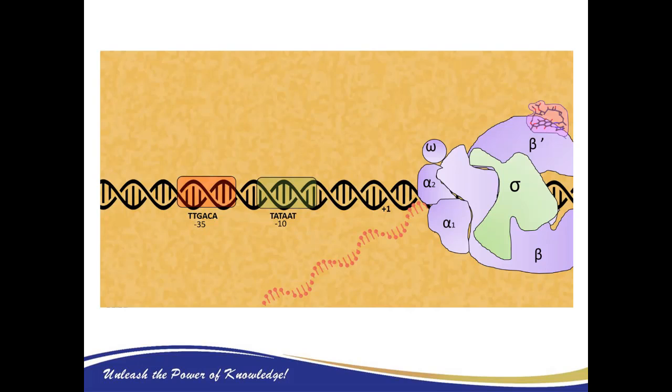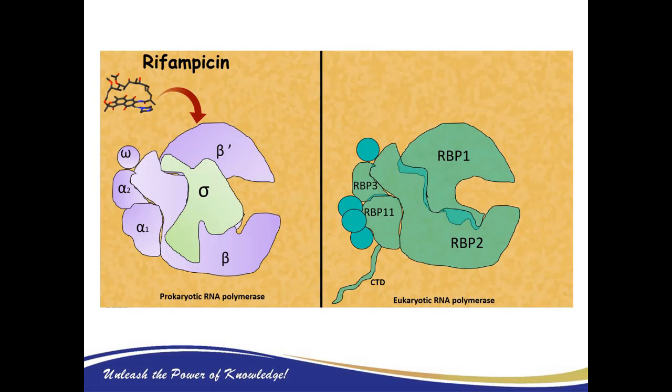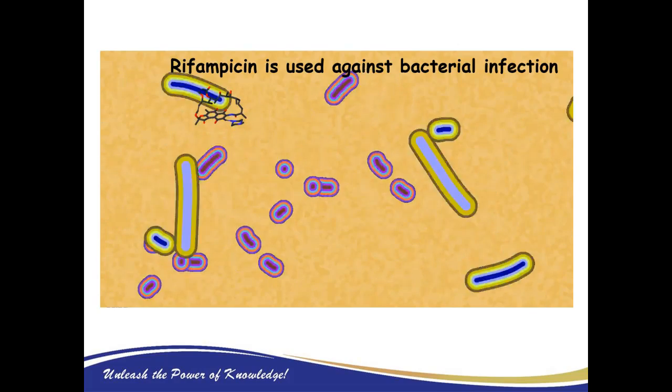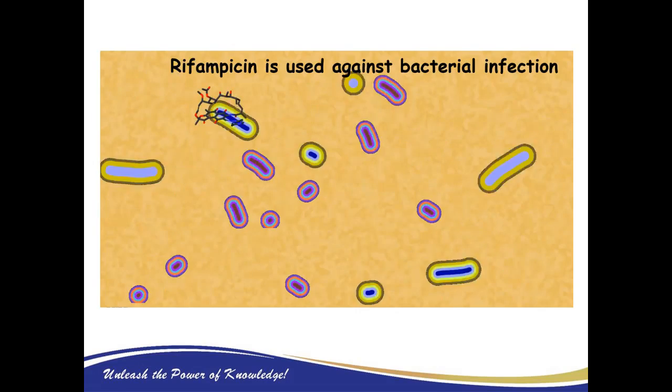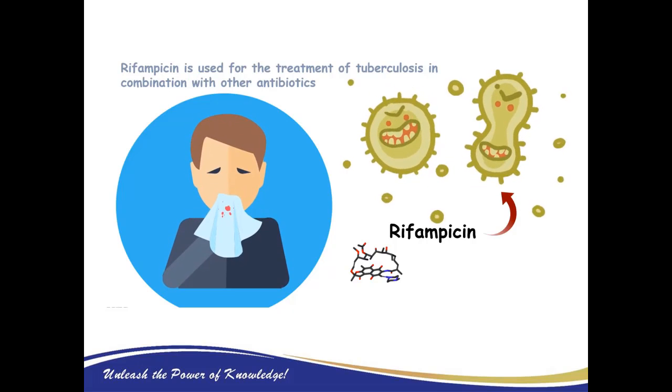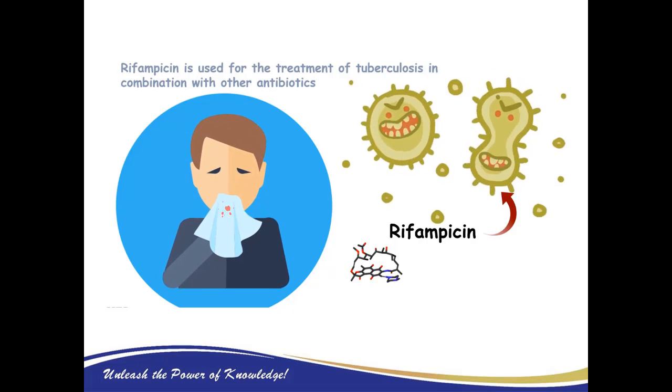So that is how rifampicin interferes with the transcription process by directly binding with the beta subunit of prokaryotic RNA polymerase. Now, rifampicin does not affect the eukaryotic RNA polymerase. It turns out the eukaryotic RNA polymerase has a very low binding affinity with rifampicin, and that's why it is resistant. Now, as rifampicin can selectively interfere with the RNA polymerase of bacteria, it is used as an antibacterial agent, especially for tuberculosis. Rifampicin is used as a drug in combination with many other